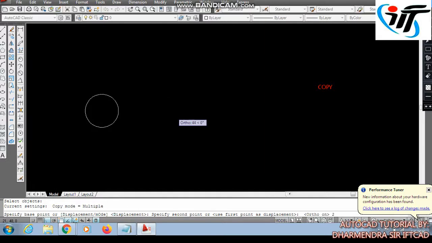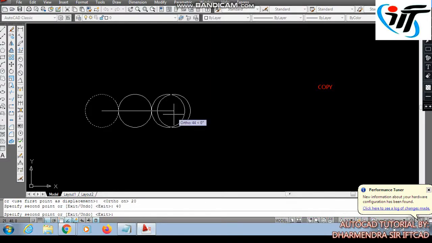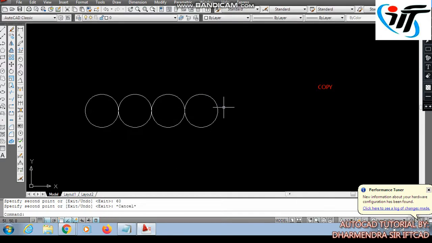I am providing 20 unit as a distance. Once again 40 unit. Once again 60 unit. So it is 20 mm from the center. This way we can copy any object.